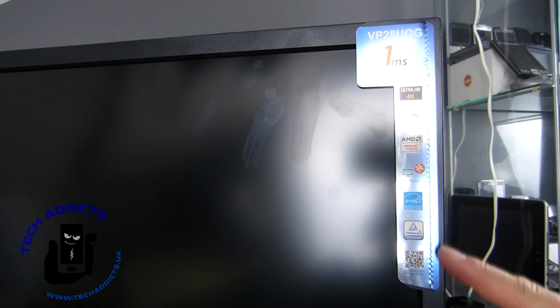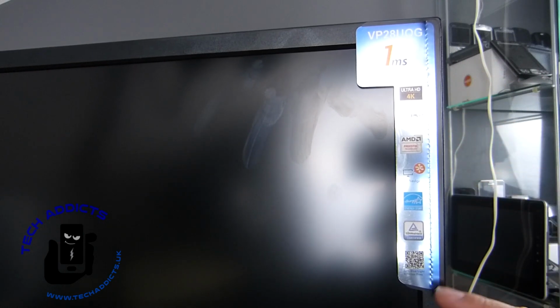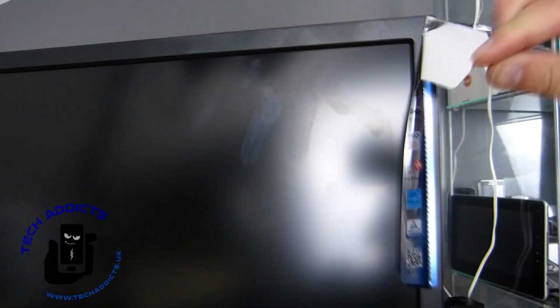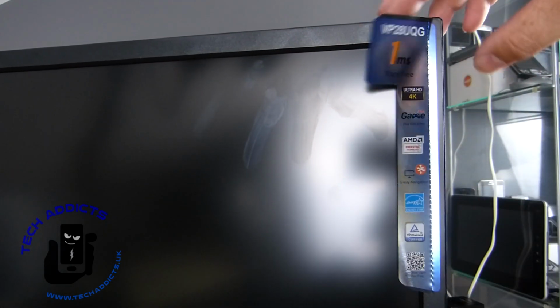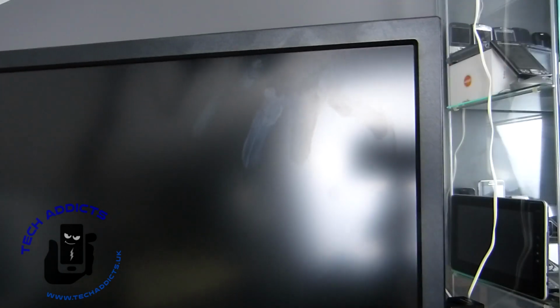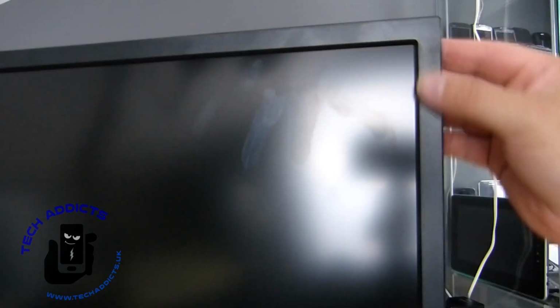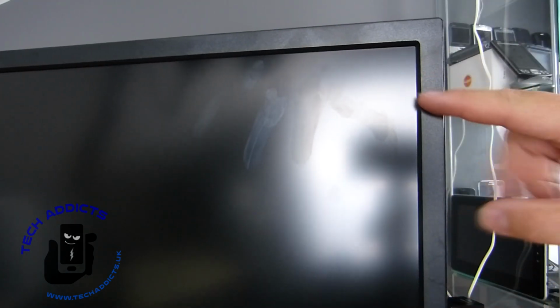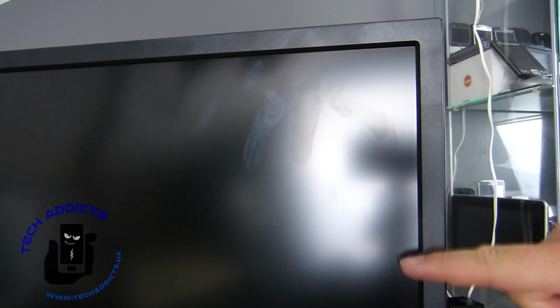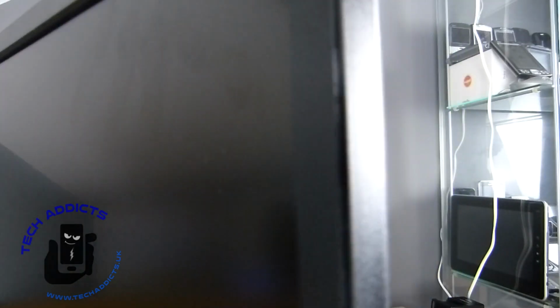We have basically what's on the front of the box, but in slightly more colourful tones. And we can pull that off. Looks to be a serration here, like you can rip it, but I want it all off. And it's black plastic. We have just slightly more than a 1 centimeter frame around the outside of it here. We have some nice big fingerprints there from where it slipped out of my hand whilst I was jiggering it around. And if we go round the back,